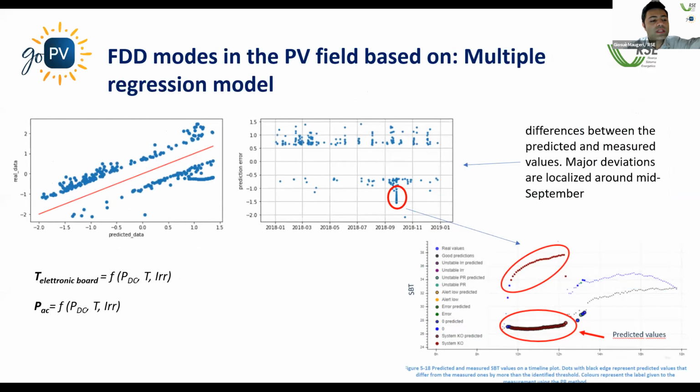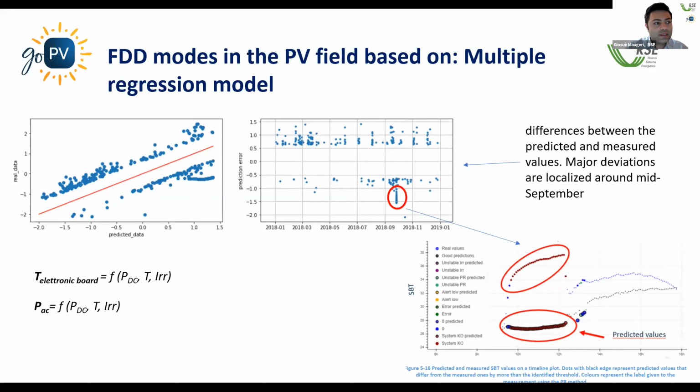Okay, then we move to the second part, the multiple regression models that have been developed considering and monitoring the main PV inverter parameters. So monitoring the main PV inverter parameters, for example, inverter temperature or supervisory board temperature internally of the inverter, it is possible to detect, for example, faults at inverter level. So in this case, a specific regression model has been developed for inverter board temperature and output power